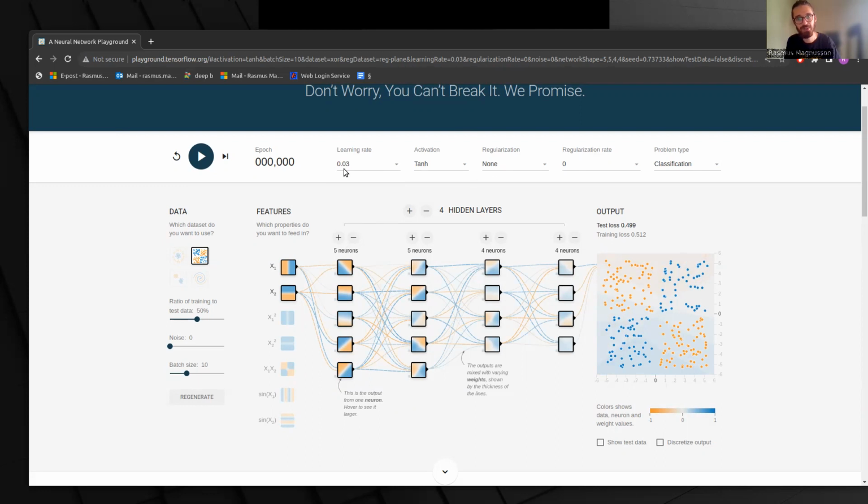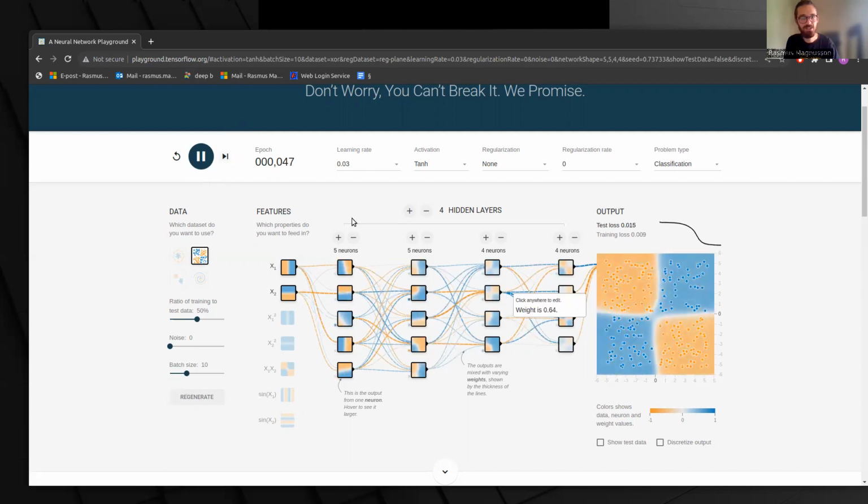So the learning rate is how fast you move along the gradient, and if you move too fast, you might jump over important slopes and end up in completely wrong places in the loss landscape, so you don't really fit the data anymore. So do not take this too big. So here I started it, which means that the model is updating the weights, that is the parameters, iteratively. And you can see that now the model actually fits the data quite well.